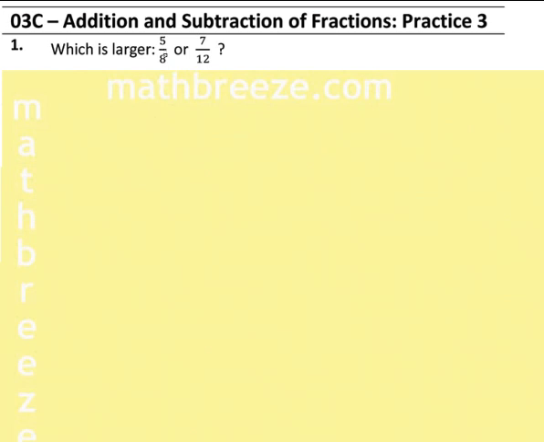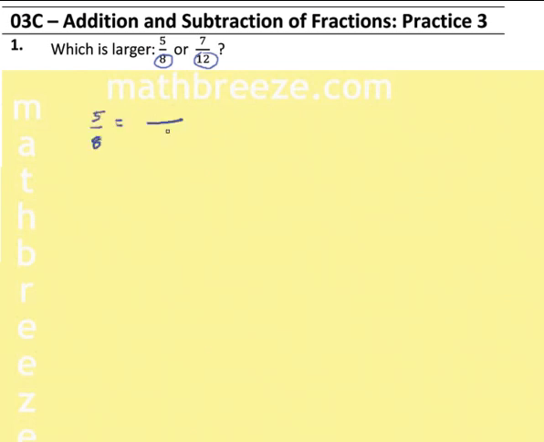Here we have 8 and 12. All right, we'll start with the larger denominator. 8 doesn't go into 12, so 12 is not going to be our common denominator. So let's look at 12 times 2. 12 times 2 is 24, and 8 goes into 24. So 24 will be our common denominator. Okay. All right, so